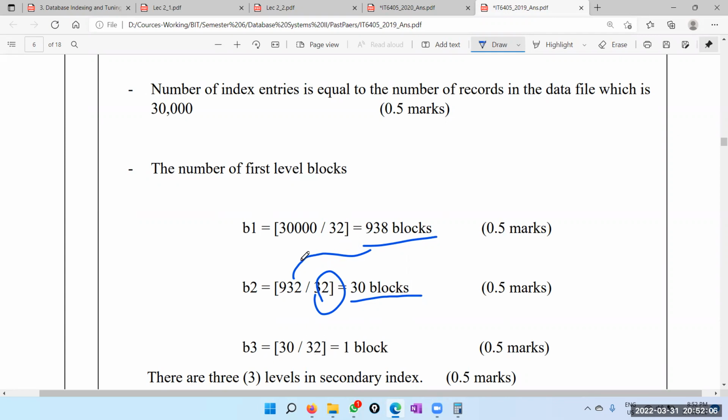There's a small mistake here, it should be 938. So then 30 divided by 32 is 1. Now you stop and we have a three level index because it's a multi-level. Okay. 3-level index. So therefore, the examiner has just stopped saying that 3-level index, but in reality,